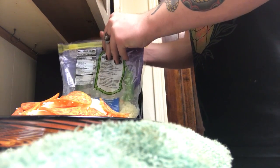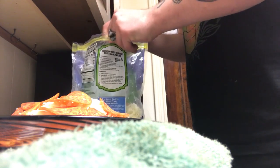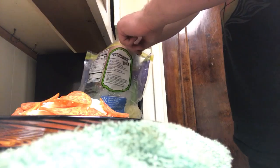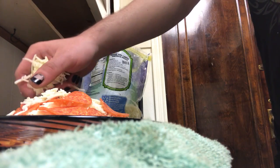Got the pepperonis strategically placed on top, just like that. And make sure those pepperonis are nice and sealed. Onto the nachos. Go back to our friend, Mr. or Mrs., however you look at it. Go back to our friend, the mozzarella cheese. And do a nice little sprinkle on top of those pepperonis. This will ensure that when the cheese melts,